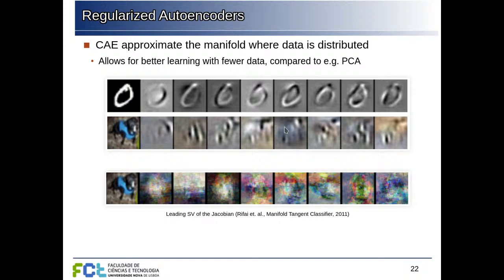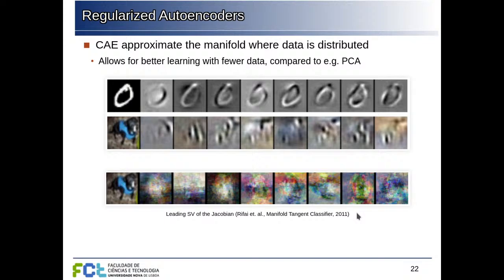So when we look at the derivatives around each point, for example, we present the contractive autoencoder trained with MNIST with this 0, and then we look at what are the main directions, the tangents to this hypersurface around the 0. You can see more details in the paper if you want to see how they computed this, but this is not particularly interesting. What's important here is the idea that the hidden representation is